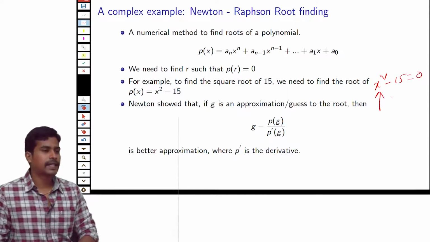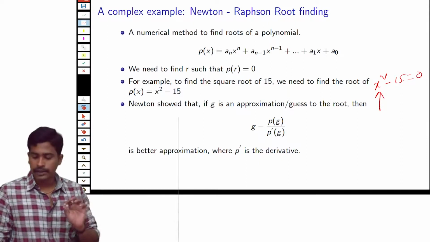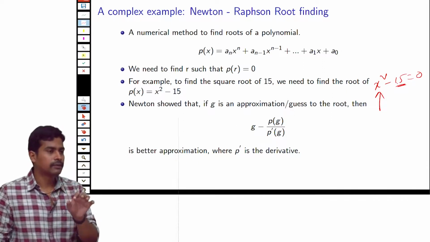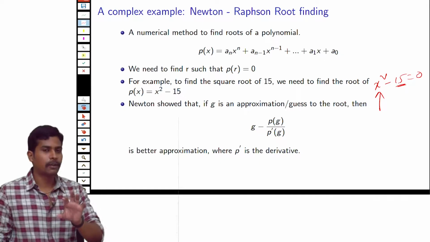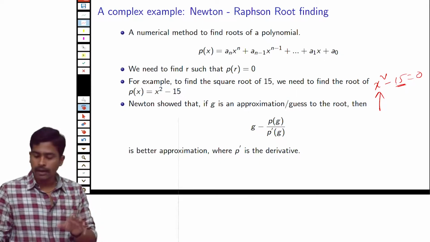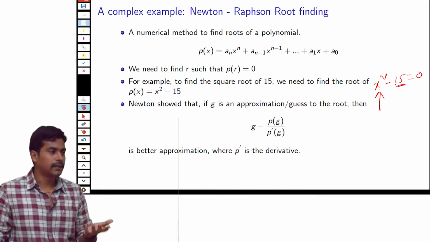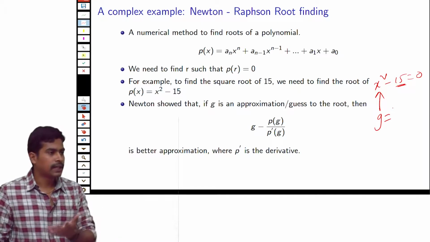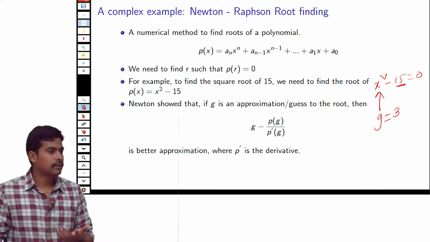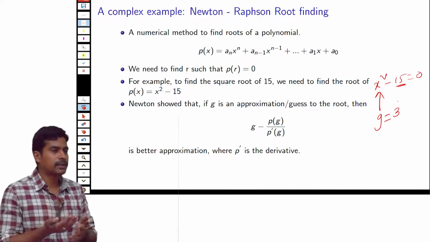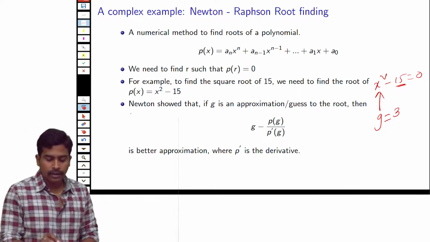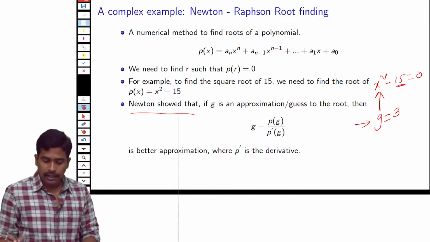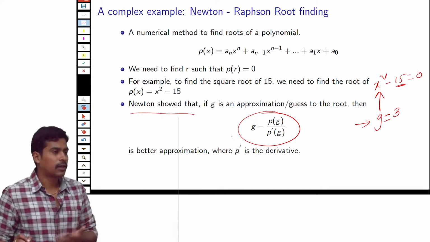So this is our polynomial, and according to the Newton-Raphson method, for this x square minus 15 equals 0, let us say we have a guess for x, okay. Since 15 is closest to 16, the root can be 4, so our root cannot be 4, it will be closer to 4, or we can also guess it is closer to 3. So initially we have to make a guess what could be the solution for this equation. We can say 3 is the closest approximation to the actual solution, and according to the Newton-Raphson method, if this is your guess, this is going to be a much better guess than what you already guessed.